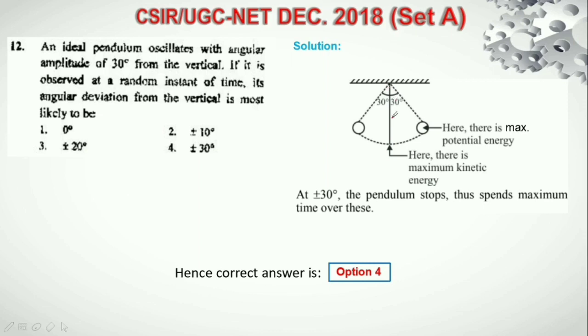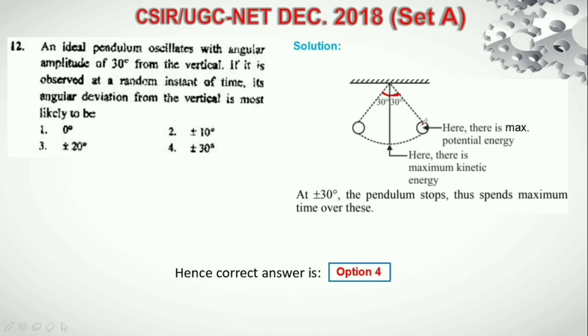So this is the diagram for a pendulum which has maximum angular amplitude of 30 degree. This means this angle from the vertical is 30 degree. It is the maximum value on both sides. We know that at the extreme position